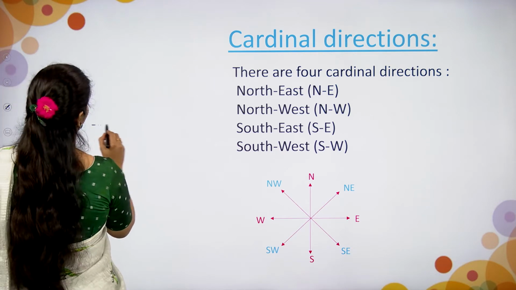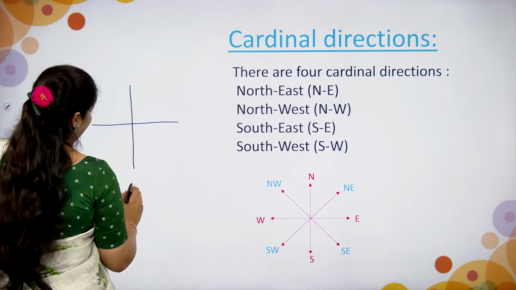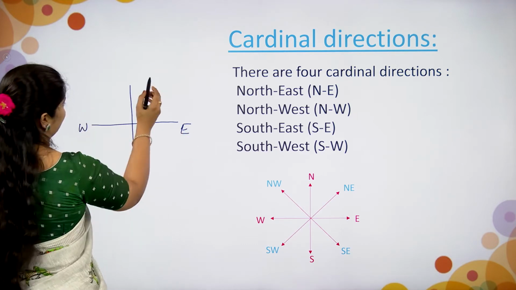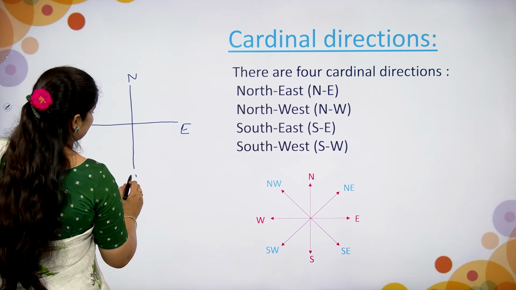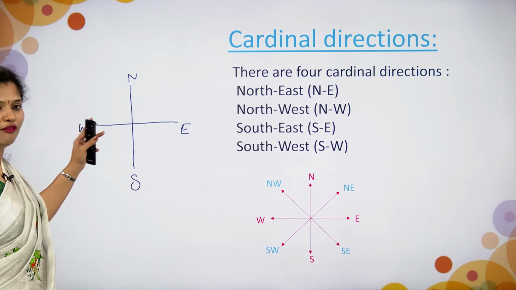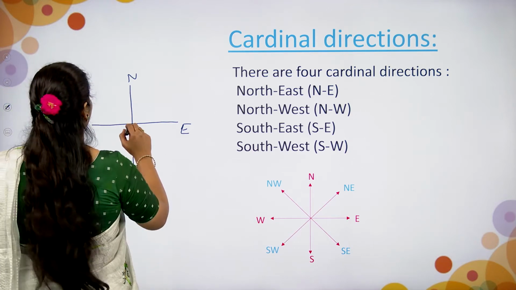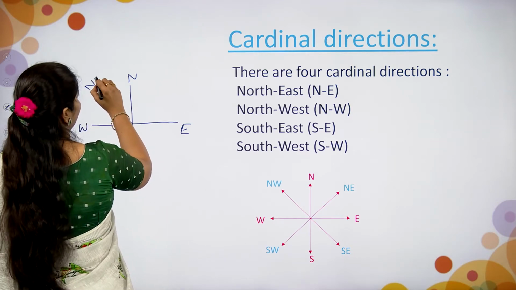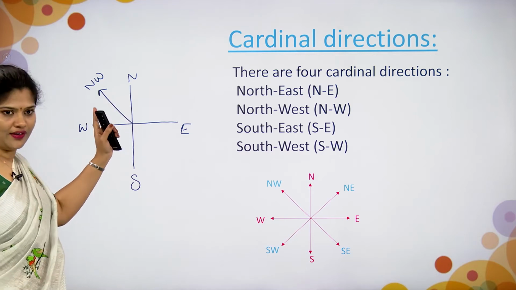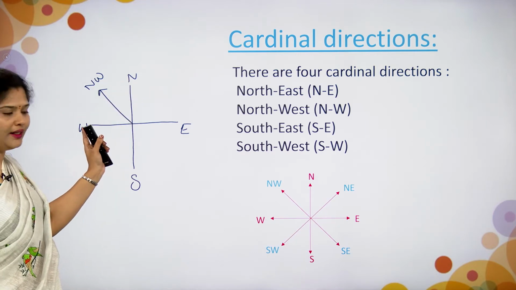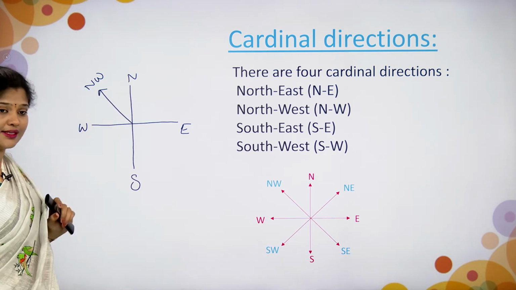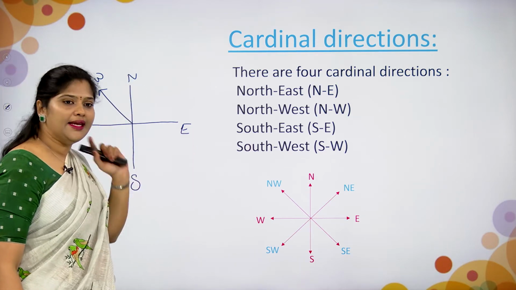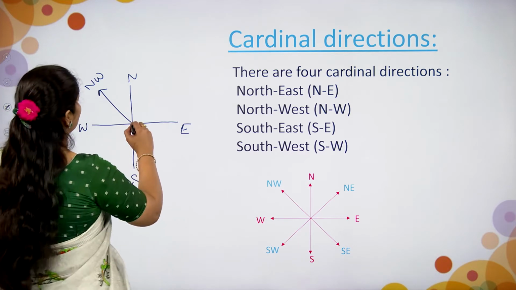See children, this is east, west, north, south. Okay, these are all four directions. Here, the corner in between north and west is called northwest corner, and in between north and east, that is called